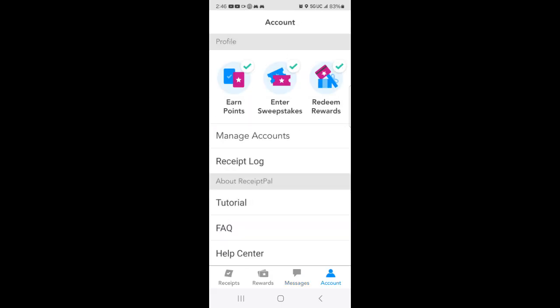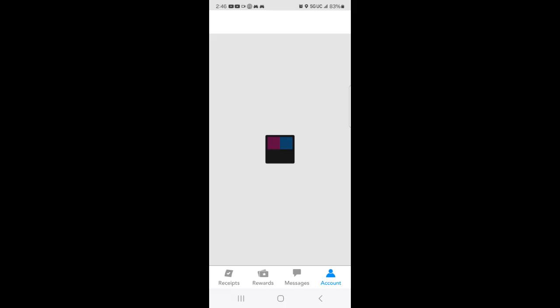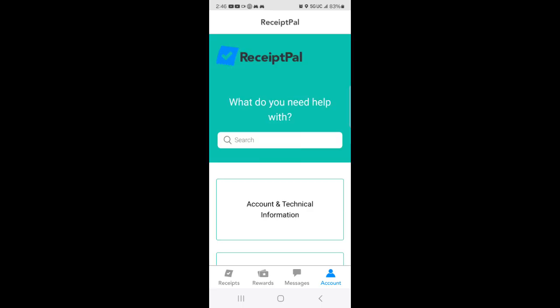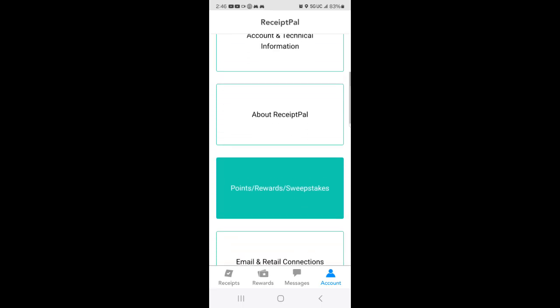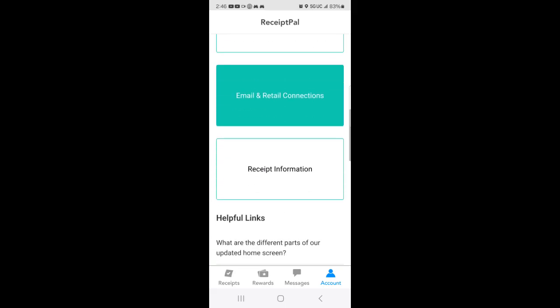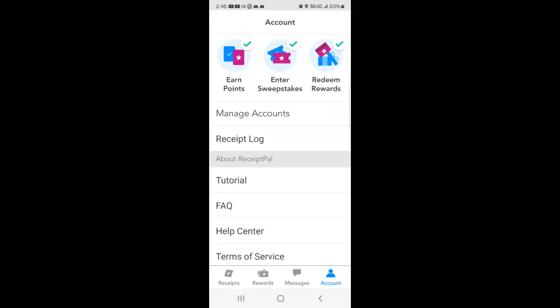Accounts. There's a tutorial. There's a FAQ, frequently asked questions. Give it a second or two. Technical, about receipt pal, points, rewards, and all that. Now, when you go to rewards,